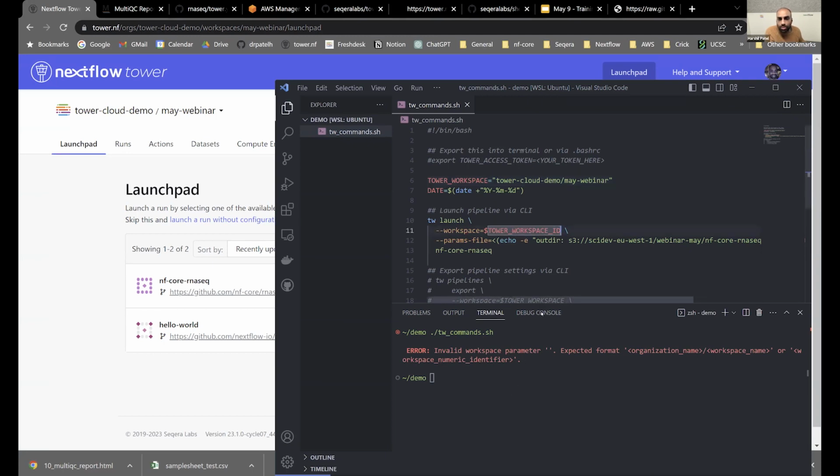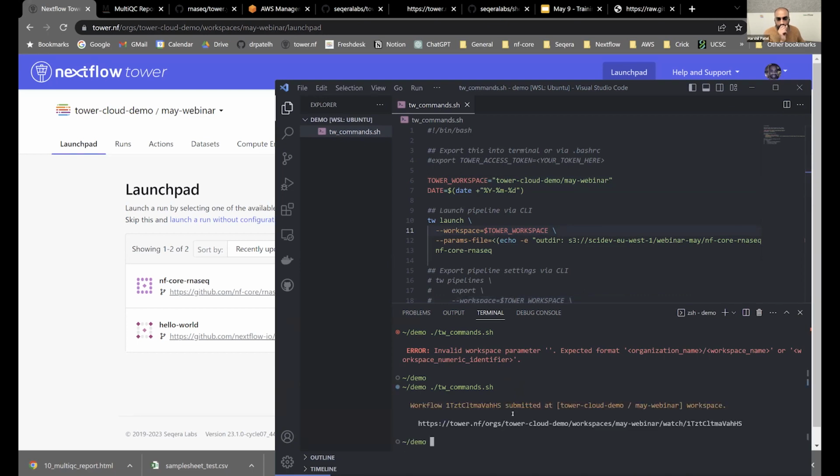Oh, wrong variable name, classic. Okay, there we go. Let's try again. Voila. So now this pipeline has exactly the same pipeline that I added to the launchpad, this RNA-seq one, has